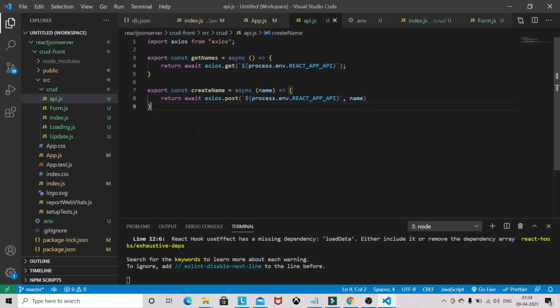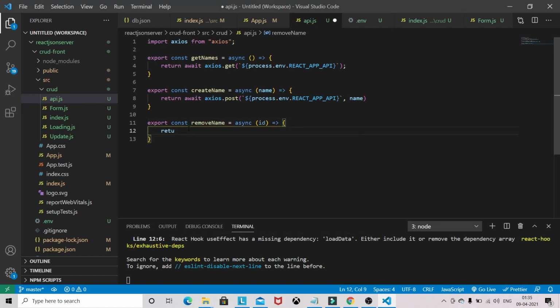Okay, the next operation we are going to cover is the delete one. So let's write removeName, and for that I need the ID.